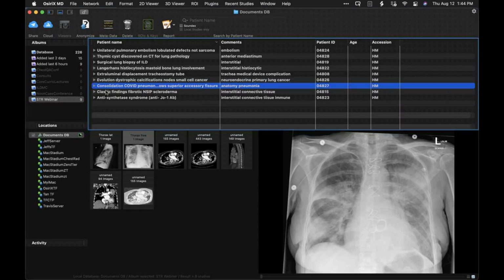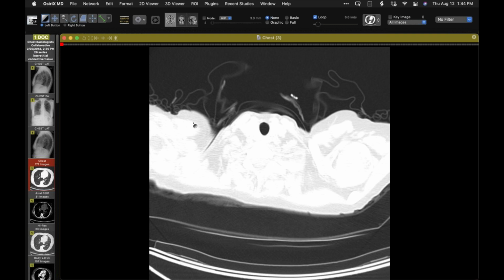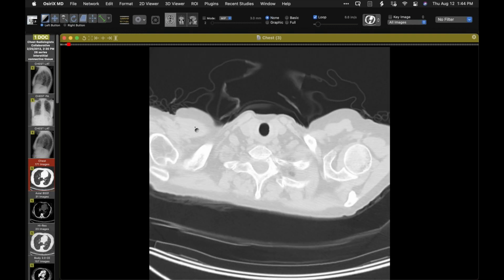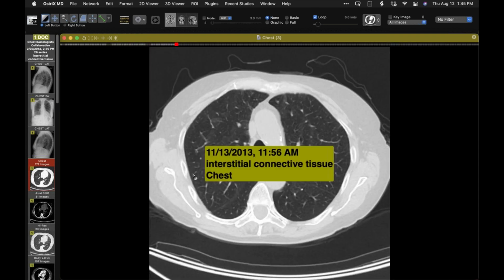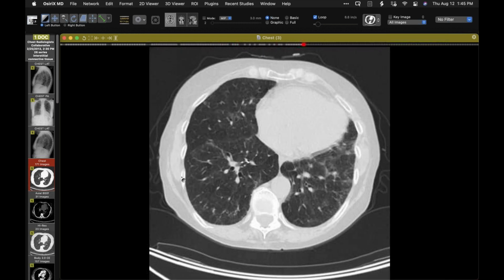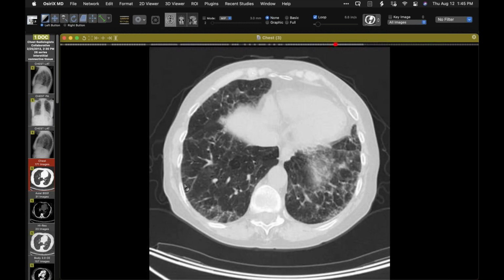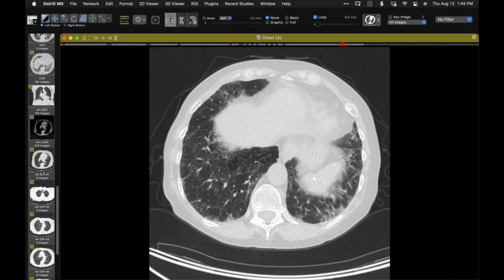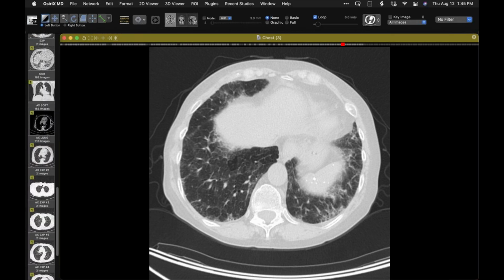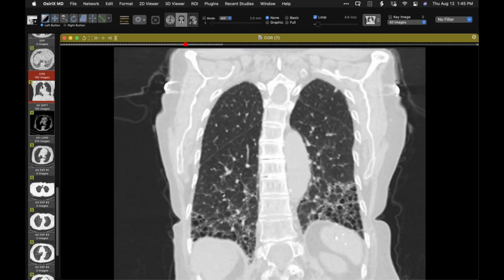Just anatomy. Here's a really nice example of what Jonathan Chung and colleagues have described in patients with connective tissue disease-associated disorder. So here's a patient, this goes back many years, 2013, with findings of a connective tissue disease-associated lung disease, fibrosing, and certainly the imaging findings are consistent with NSIP. And then here is, I think that coronal is going to show it nicely,